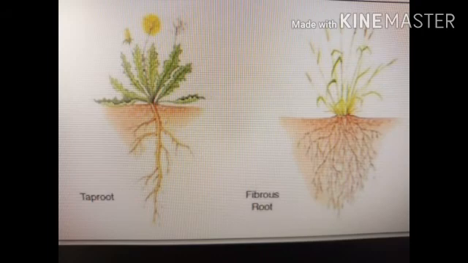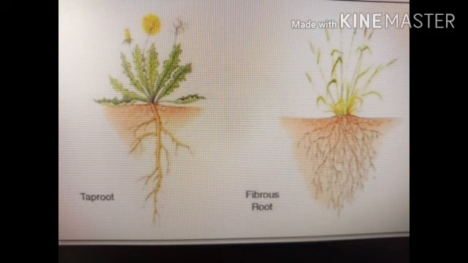You would require 2 pots, some soil, a khurpi for digging, a blade or a pair of scissors, and water. Select 2 weeds of the same kind from an open ground and dig them out. Take care that their roots do not break. Plant one of the weeds in the soil in pot A. Cut off the root from the other weed and plant it in the soil in pot B. Water them regularly. Observe the plants after a week.